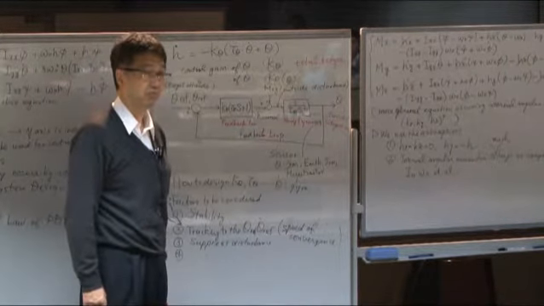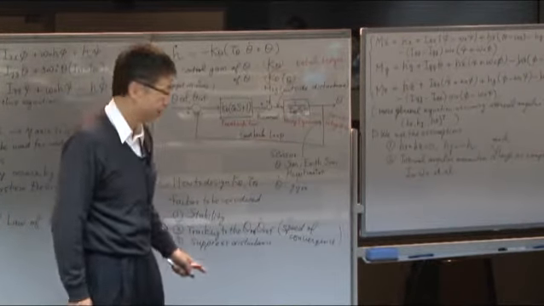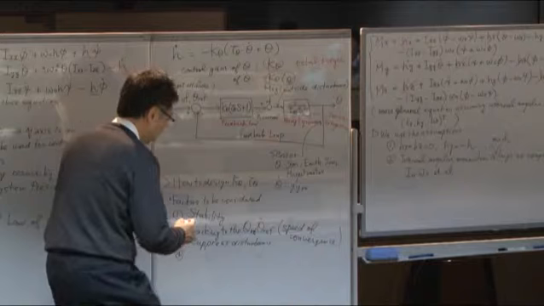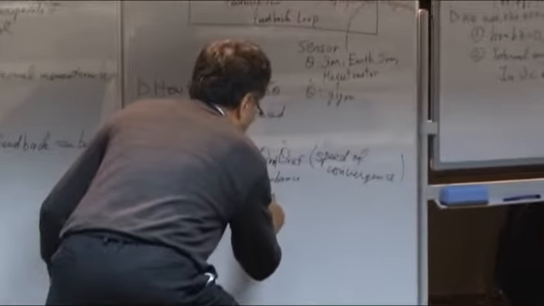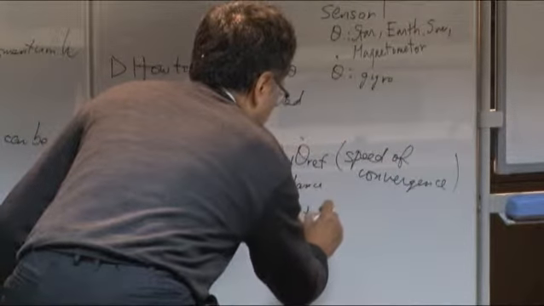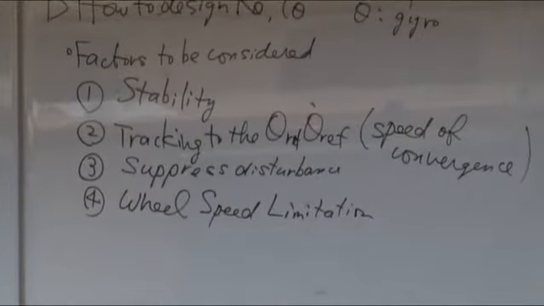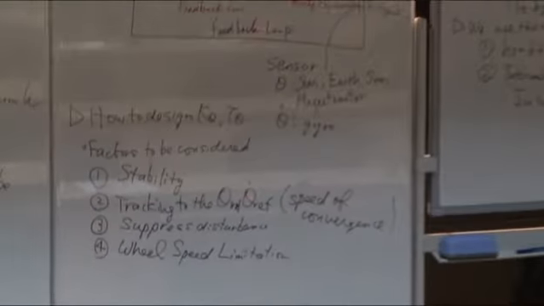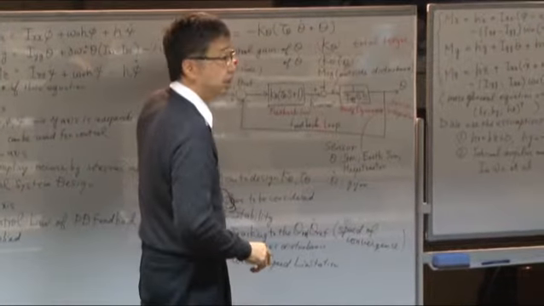Okay, so the final one. Maybe there are many, but if we can pick up only the four very important parameters for consideration, then the first one should be wheel speed limitation. Because the reaction wheel or momentum wheel inside the satellite has some limitation of the rotational speed. And if you make a certain control law and satisfy this H dot,